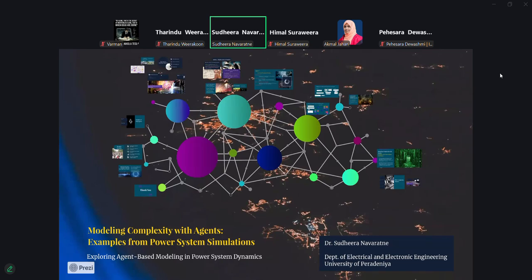The work presented here related to the microgrid is actually a couple of works combined by my undergraduate students as well as one of the MPhil students who is now working as a lecturer in the Southeastern University. Her name is Kathleen Sarin Khan, and the other works were done by some of the undergraduate students at the University of Kerala. Okay, so let's see what is this agent-based modeling.